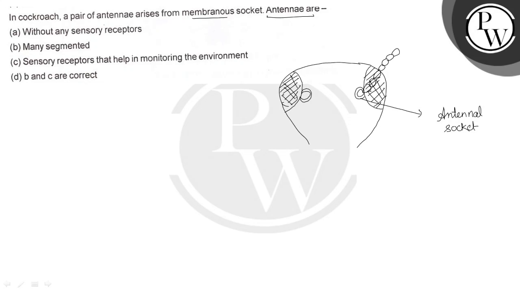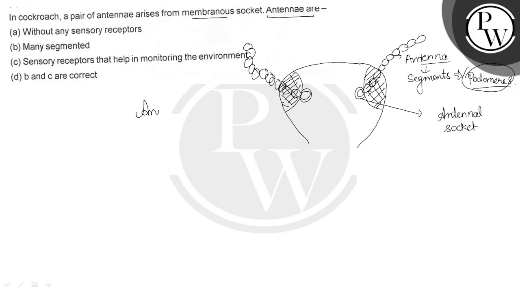a jointed appendage, and these appendages are segmented. That's why they are called jointed, and these segments present on the anterior end, these are antennae. So this is antenna and plural is antennae. Now these antennae, as you can see, have segments, and these segments are known as podomeres. So each antenna has several segments, और इन segments को हम कहते हैं podomeres.